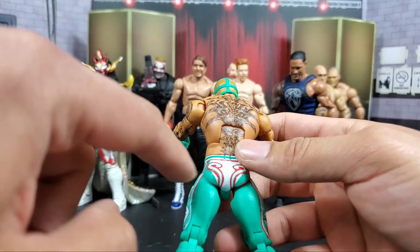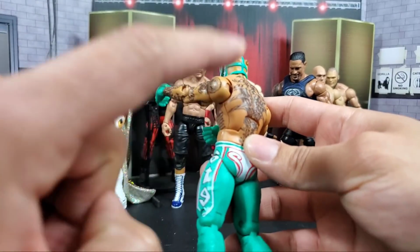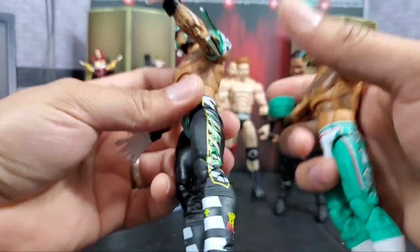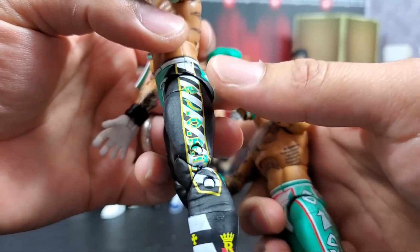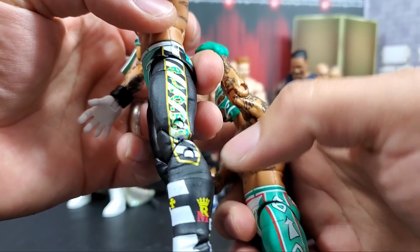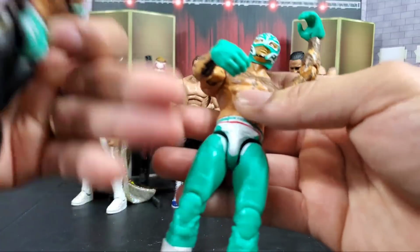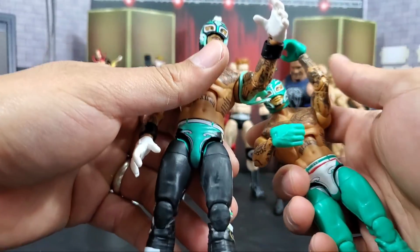Going back to what I meant, at least for the tights down, this gives you more of a better foundation. You could still go full blown out, but if you want to use some of the line work, this one is going past the knee. The tights are going way far past the knee. If you look at the Joker attire, it stopped midway through right there. So that's the reason why I took that. And also, it's a lot easier to paint red onto green. It's not that big of a deal to paint it over black, but